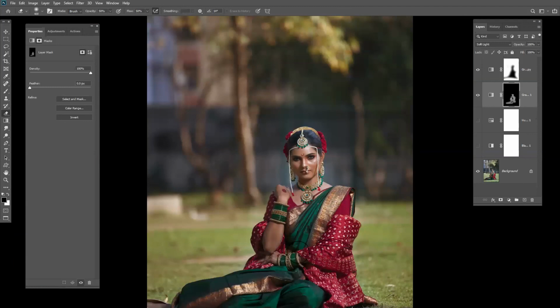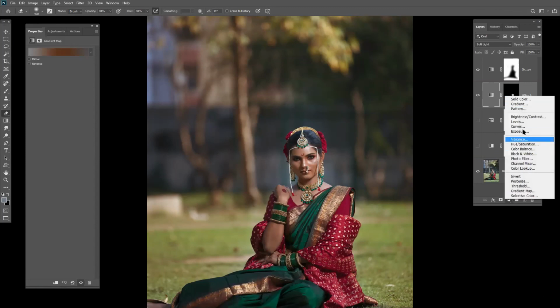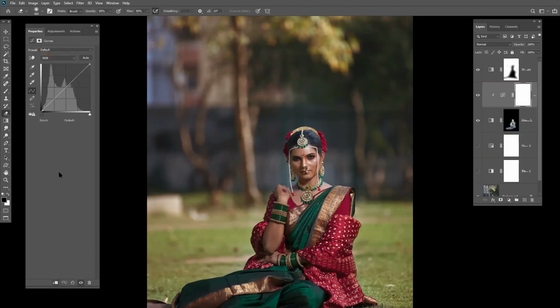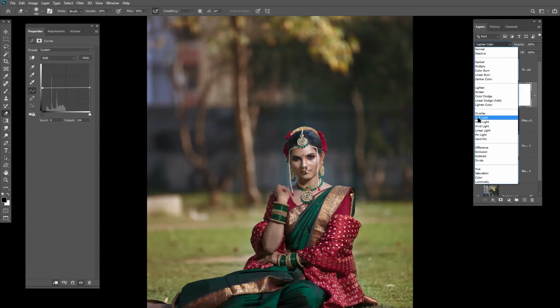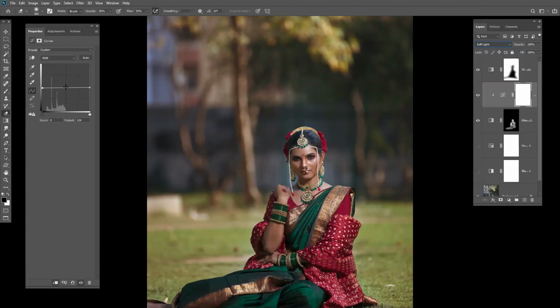Now, my nice way to enhance the image, if you want the skin colors, go to curves and clip mask it. Instead of using a regular curve, we can go with a gray curve. Just put these two lines in the center and you will get a proper gray curve. Now put it into soft light and enhance, and you will see only the luminance enhance.